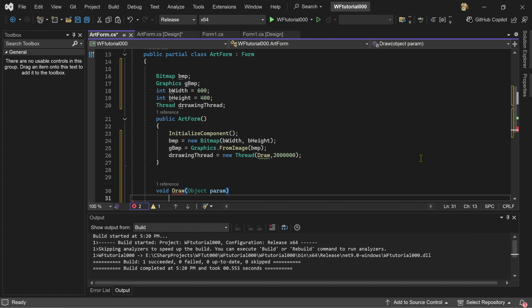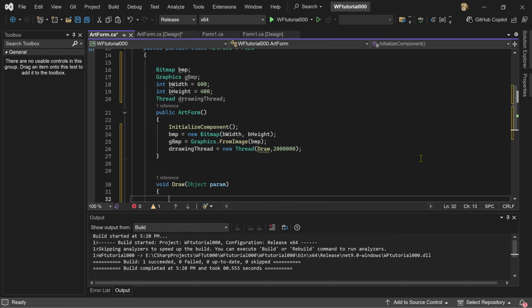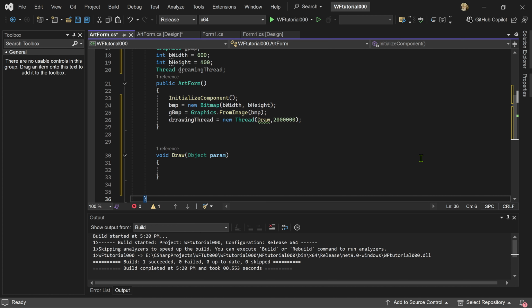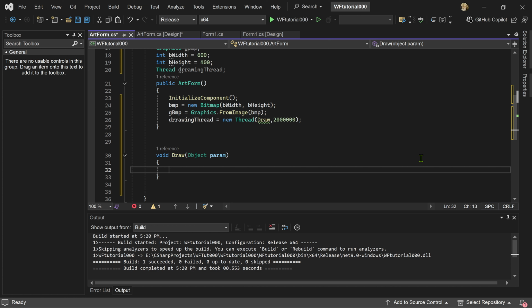Now, in C#, object is the base class for every class. So essentially, I could send it anything I want as a parameter. Now this is where I'm going to actually draw something. So I will be drawing to the bitmap. When I draw something,